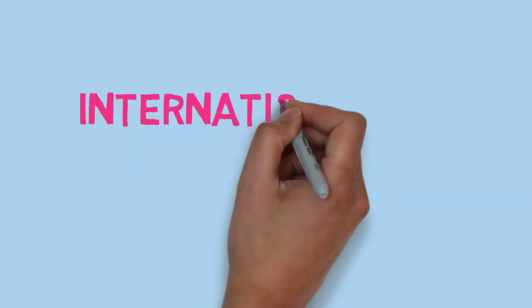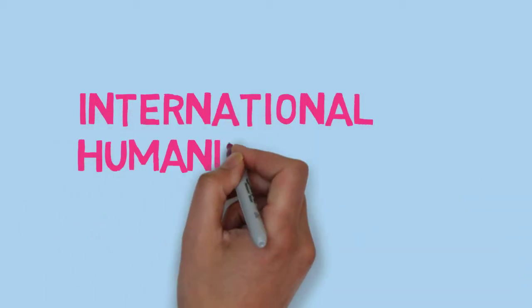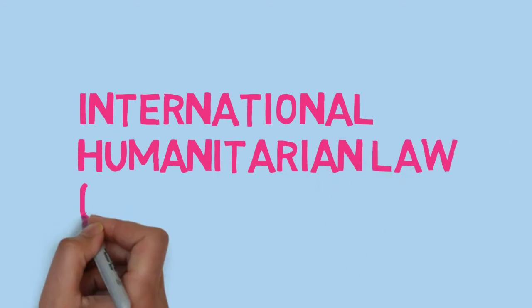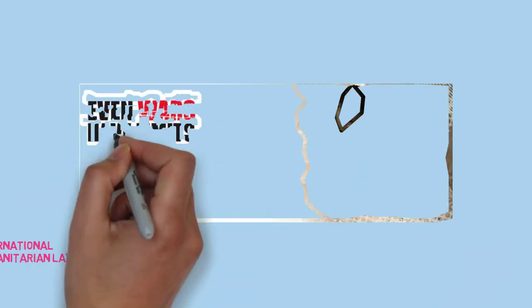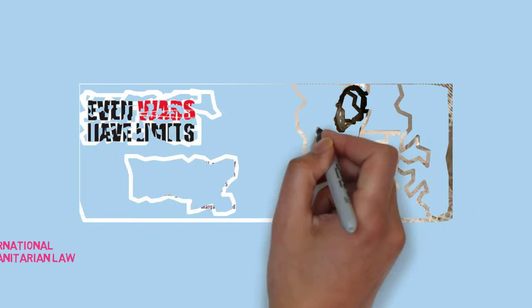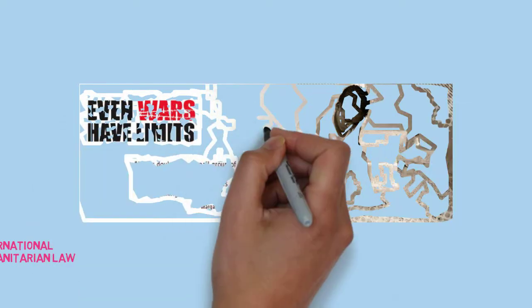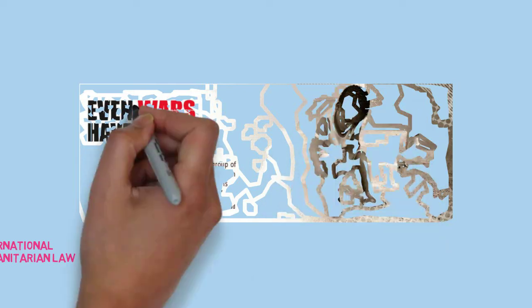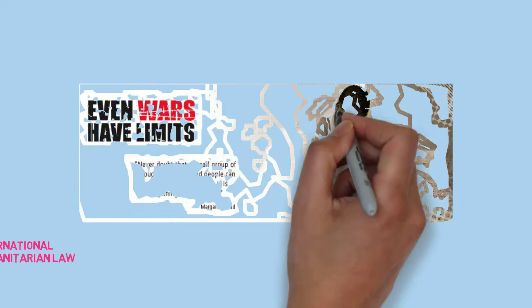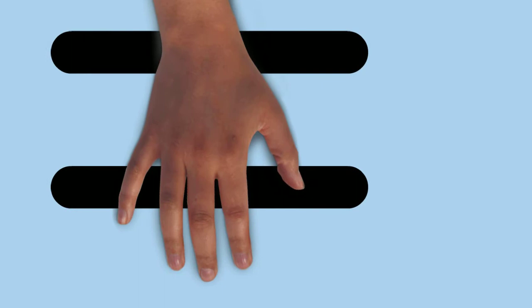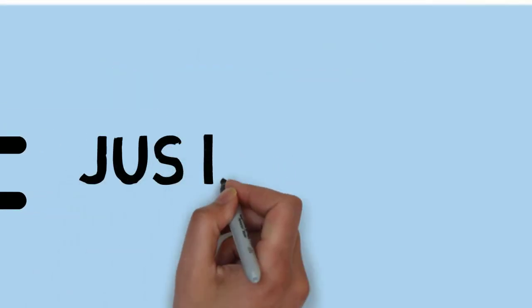Today we're going to speak about international humanitarian law. So the first question here is what about its definition? International humanitarian law has some rules that limit wars. Because even wars have limits, we need to speak here about the jus in bello, that is a